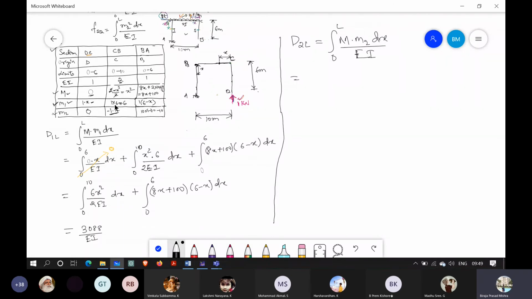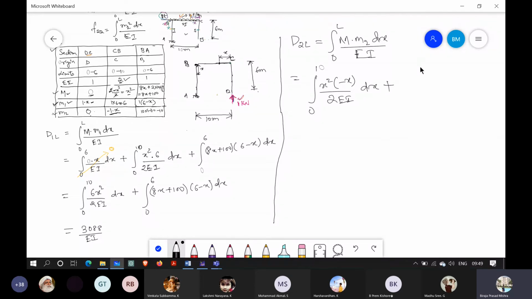This one into this one is 0, so I am not writing that, and then x square into 1 minus x, so integration 0 to 10 x square into minus x by 2EI into dx